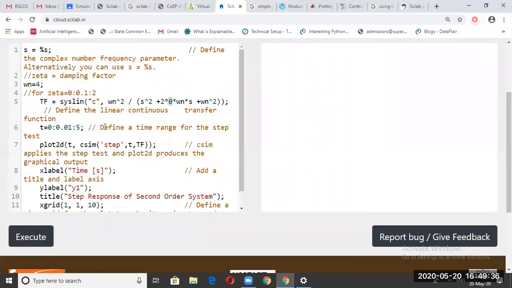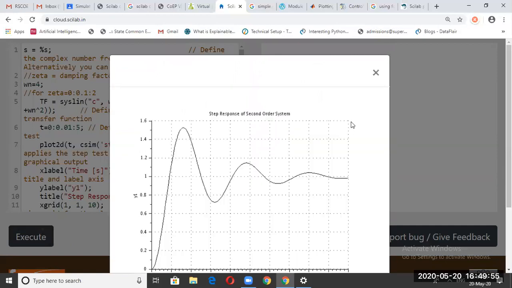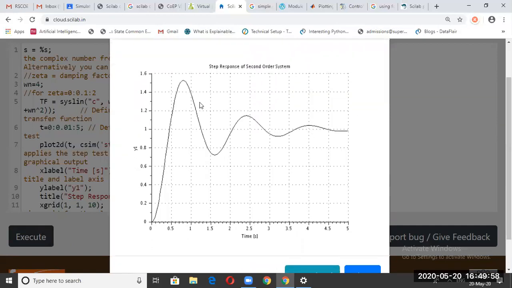Now let us see the next case. What if I increase the damping factor and I make it 0.4 or 0.2 first? So what will happen if I increase the damping factor greater than 0 but I keep it less than 1? So execute it. And you will see that the oscillations are exponentially decaying in this case. When you increase the value of zeta, that is damping factor, the oscillations will exponentially decrease and the system will achieve steady state value after some time here.